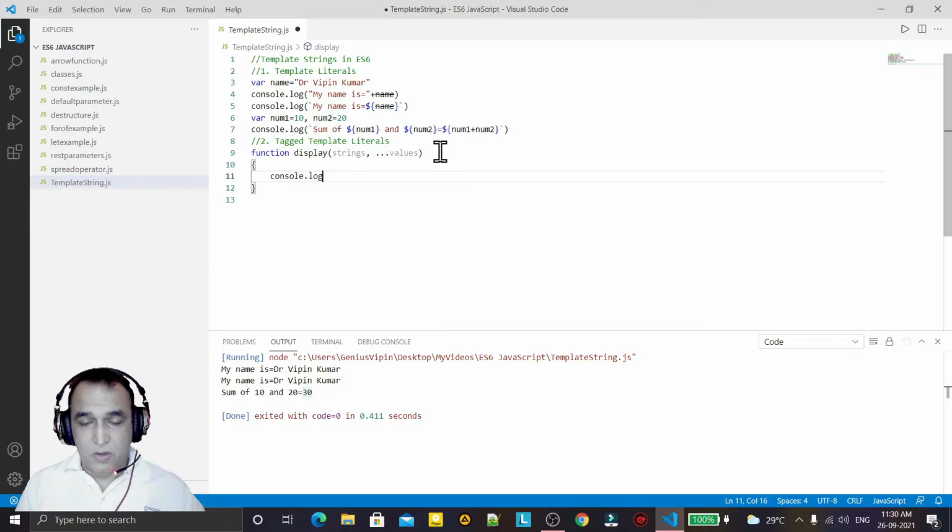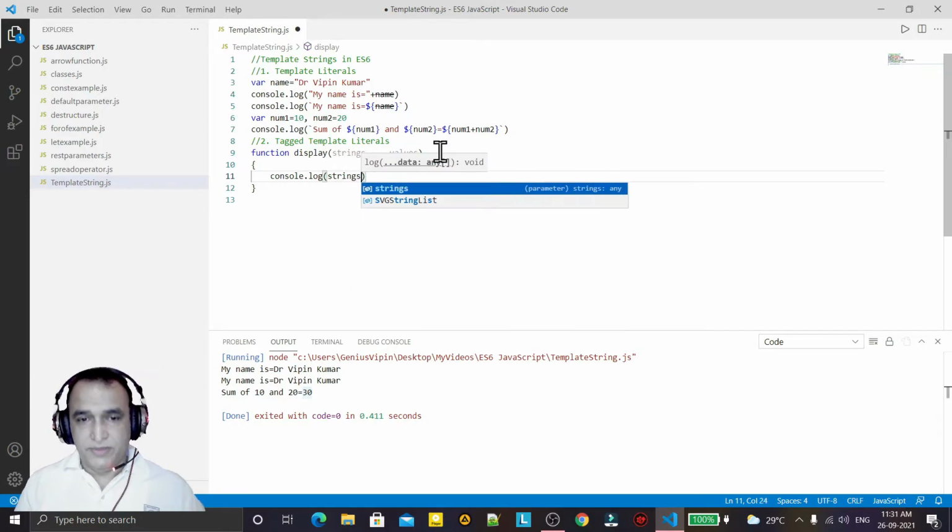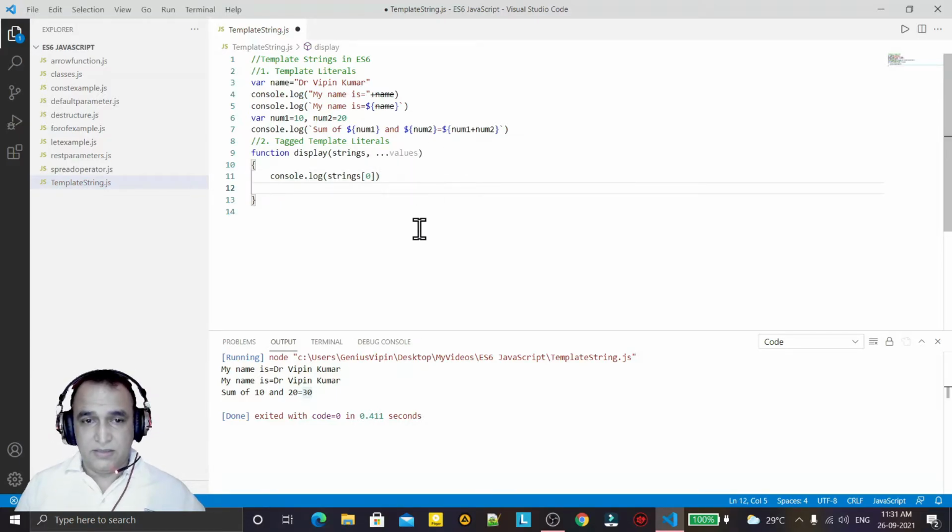You see how I will use it, and I say string and I say 0, then I again copy and paste this. Again I just copy paste and I say 1 and then I say 2 like this.